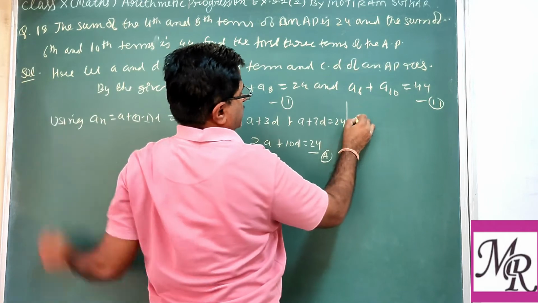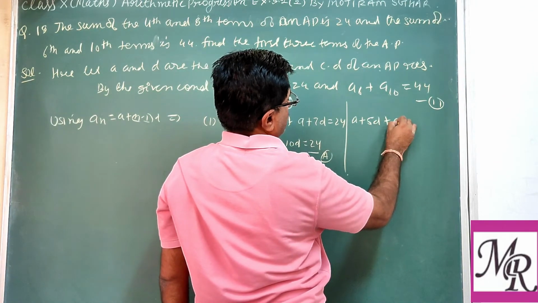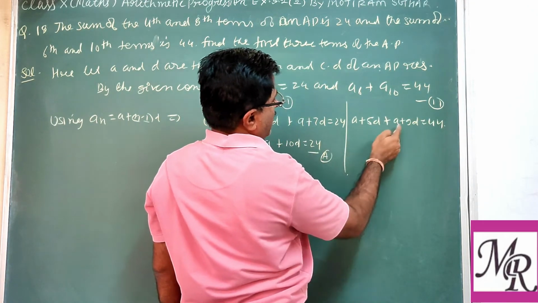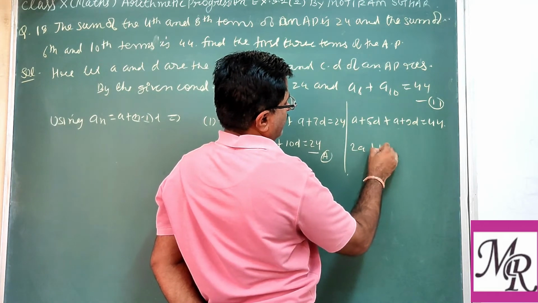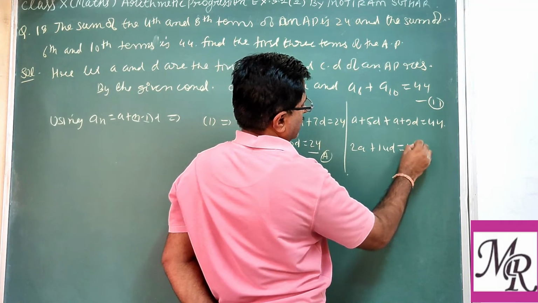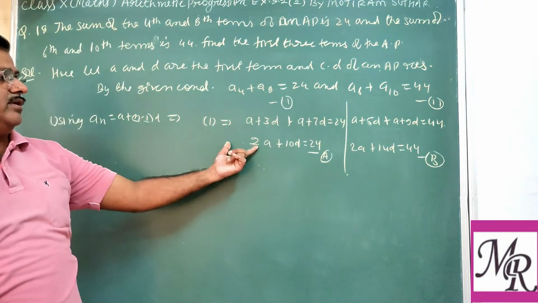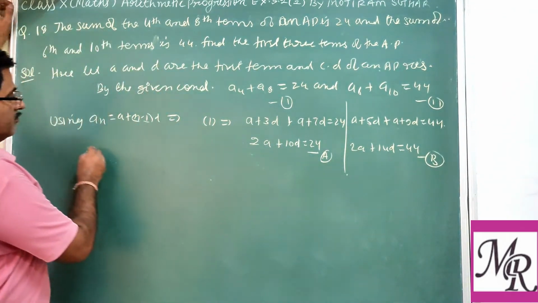Similarly here, the 6th term is a plus 5d, and the 10th term is a plus 9d. We put the values from the general formula. a plus a, 2a, 5d plus 9d, 14d. This is B. Now you can solve these two equations. You get these two pairs of linear equations in two variables. So by A and B,